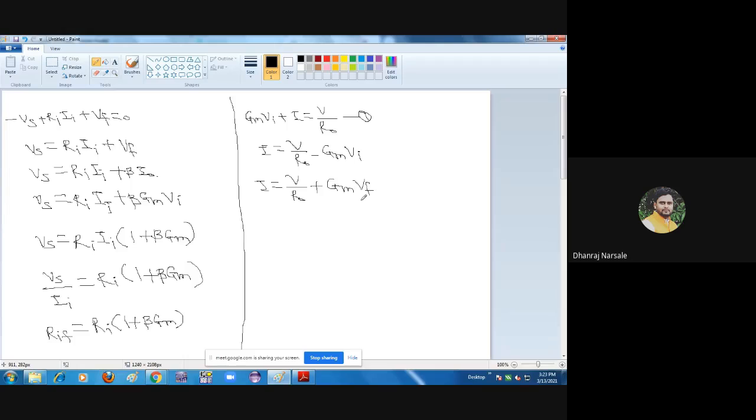After that, put the value of Vf. What is the value of Vf? We just saw it: beta Io. I is equal to V divided by Ro plus Gm into beta into Io. This is the value of Vf. Okay. Have you understood up to this point? Then